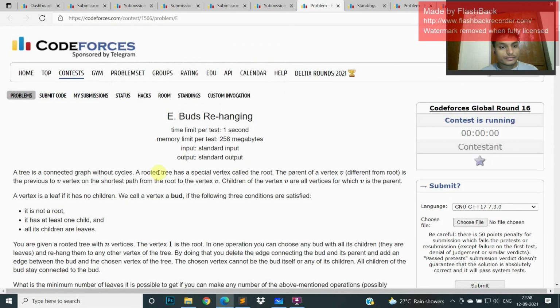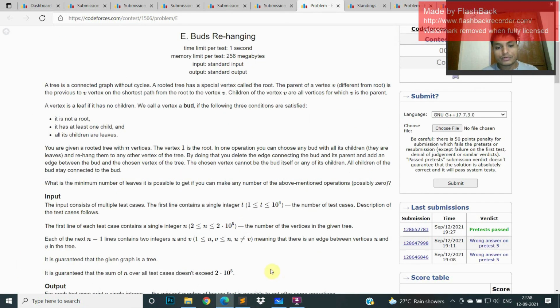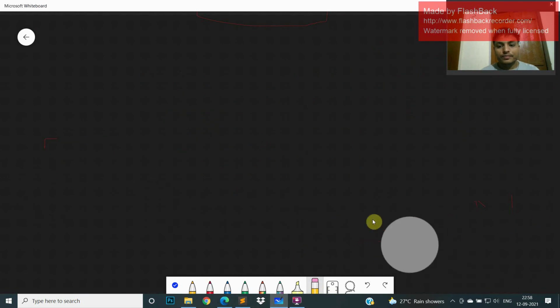Now this is the next problem. We are hanging a bulb, but what we are given is a tree rooted at one.